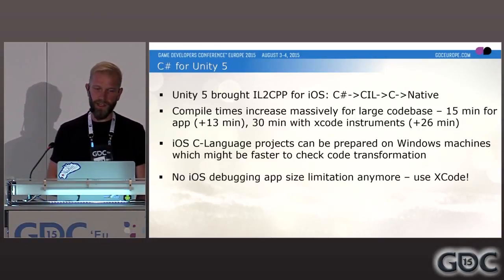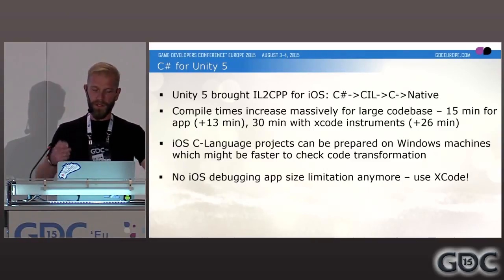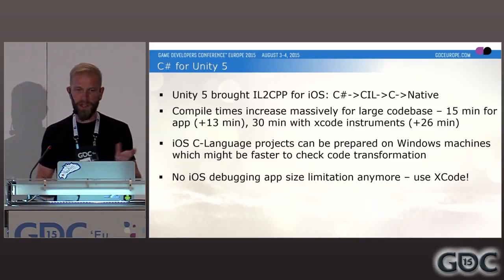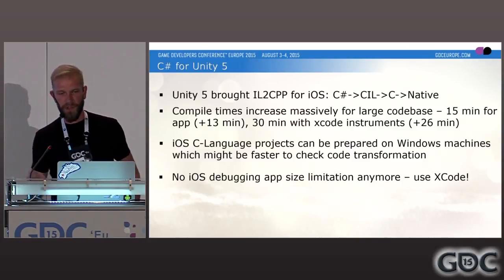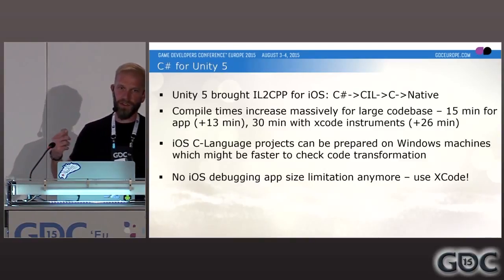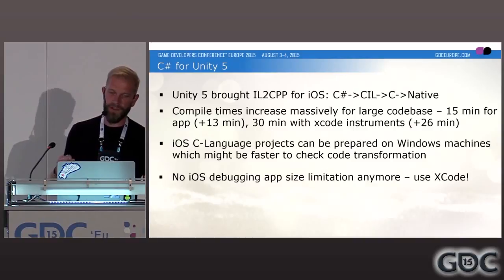And you have no debugging app size limitation anymore, because what it does is more or less directly convert the IL code, including the naming, into C code. So you get an idea about what class you're currently seeing and what function you're about to see. And you can debug the app, the C code, in Xcode, which is very, very handy to get a feeling